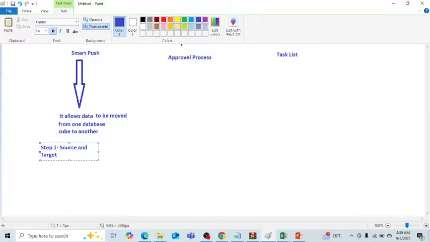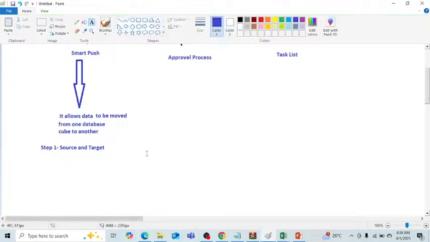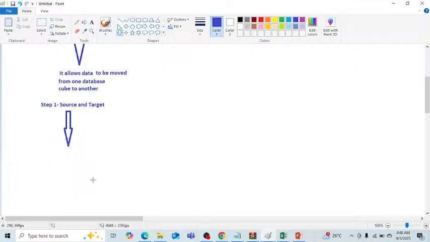It means a smart push requires a source cube where the data is coming from, and a target cube where the data is going. So we have to define the source and target. In the second step,